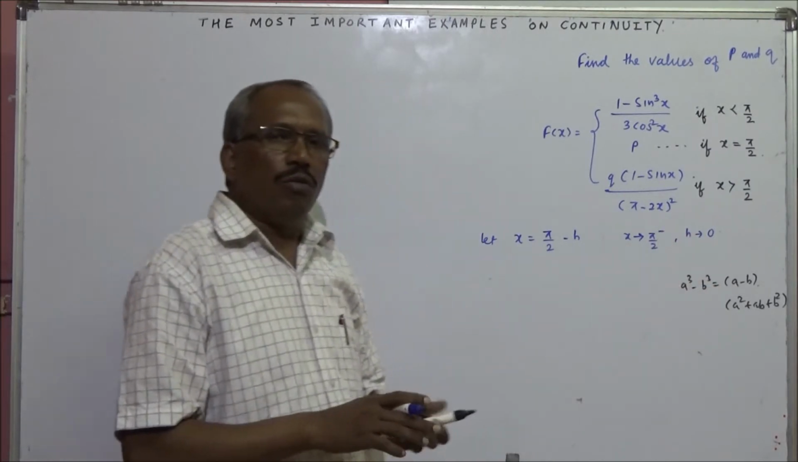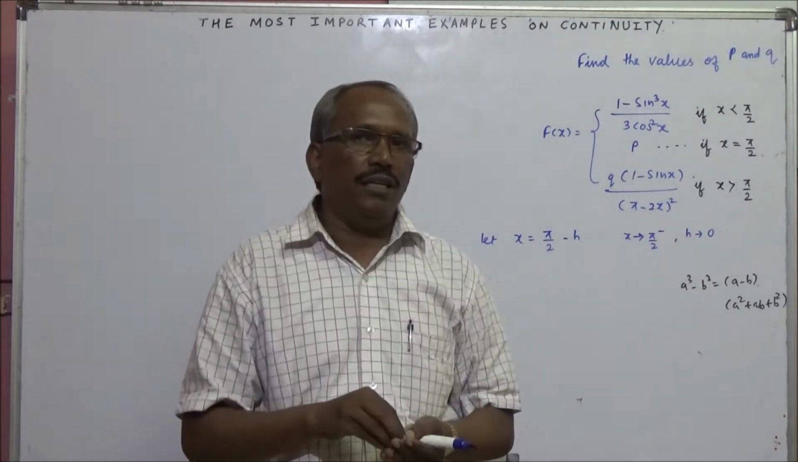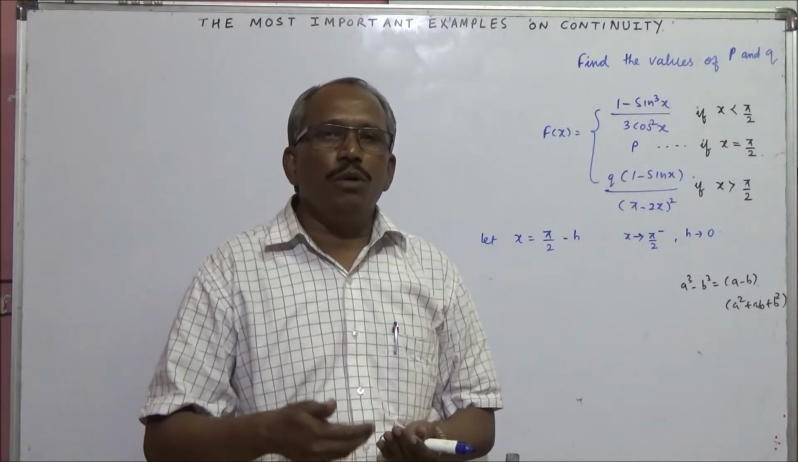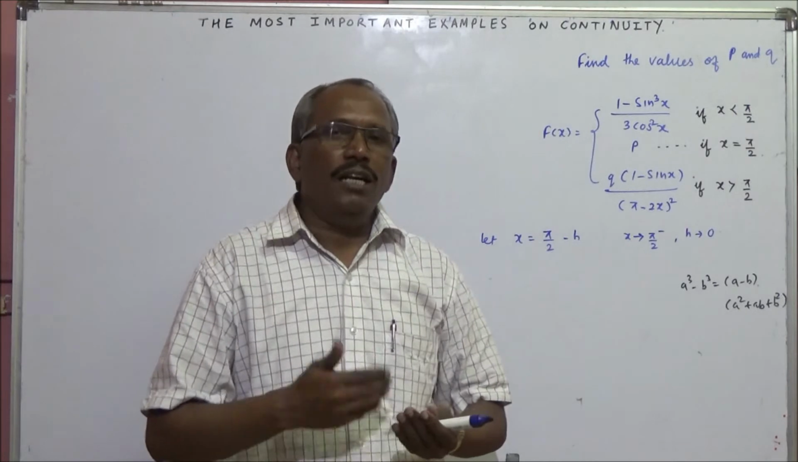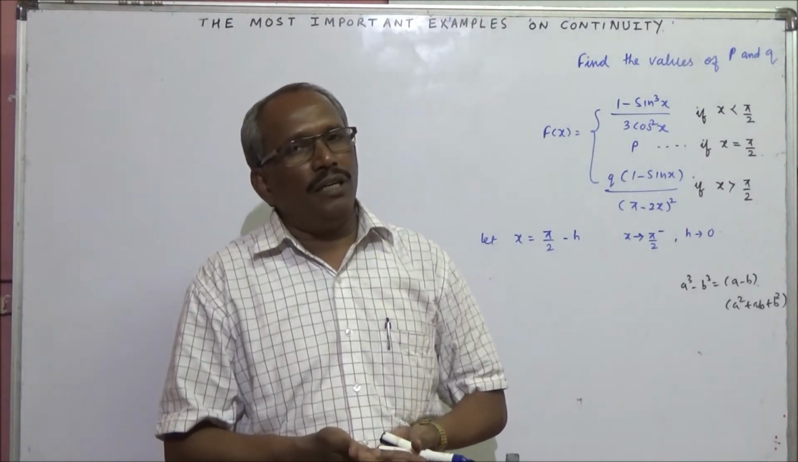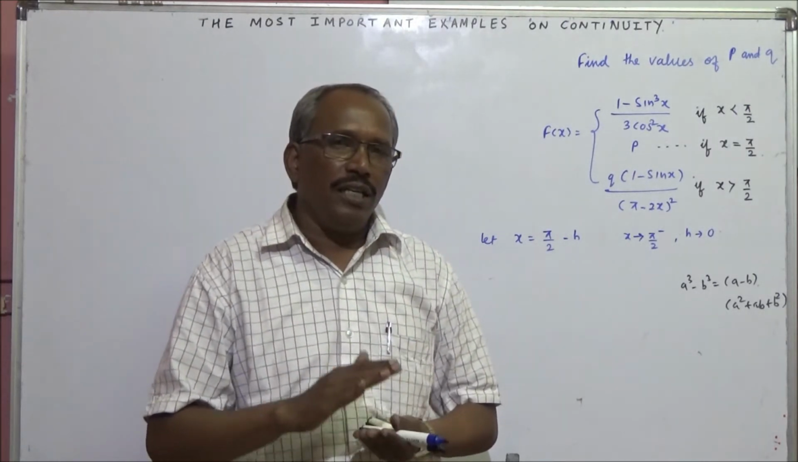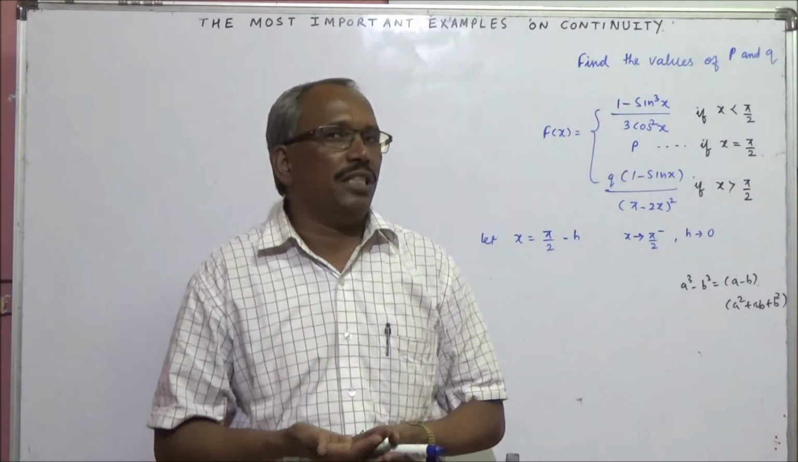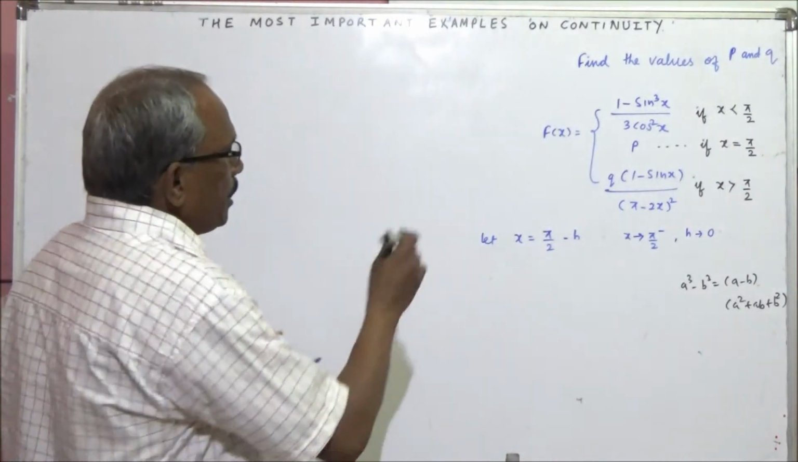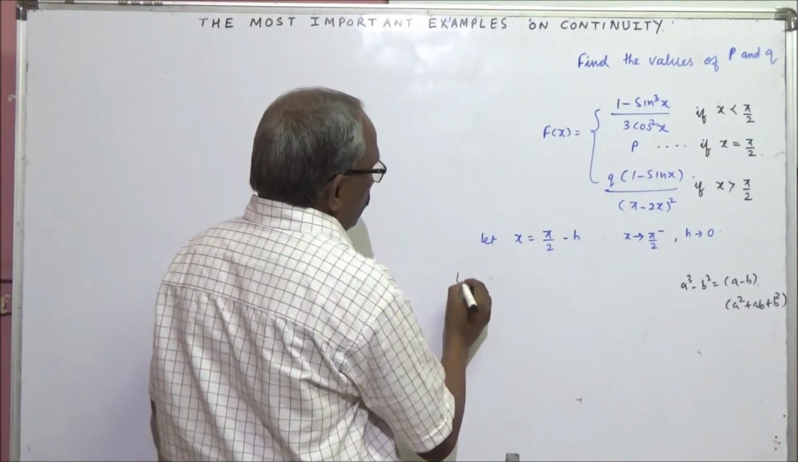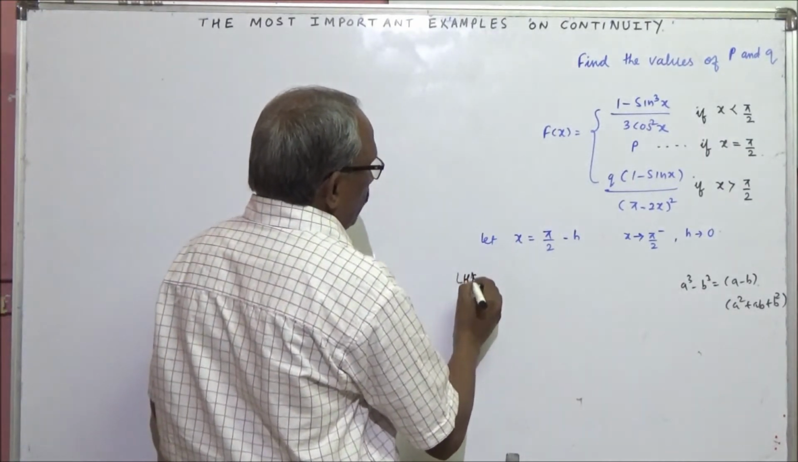हम लोगों को लेफ्ट हैंड लिमिट निकालना है तो x इज इक्वल टू a माइनस एच लेना है, ठीक है। और राइट हैंड लिमिट निकालते समय हम लोगों को क्या करना है, x इज इक्वल टू a प्लस एच लेना है, ठीक है। So let us see here left hand limit is equal to limit